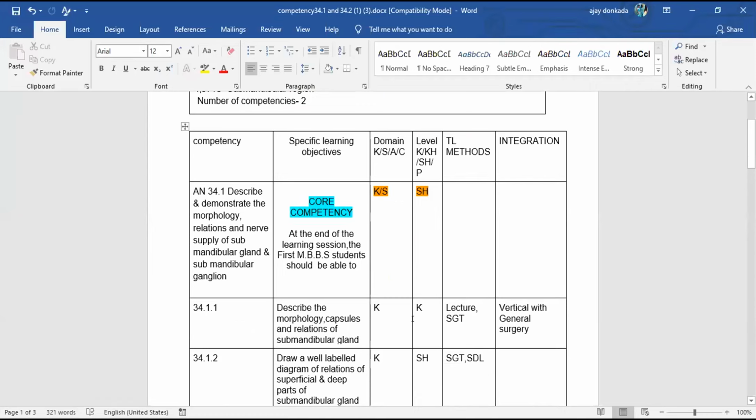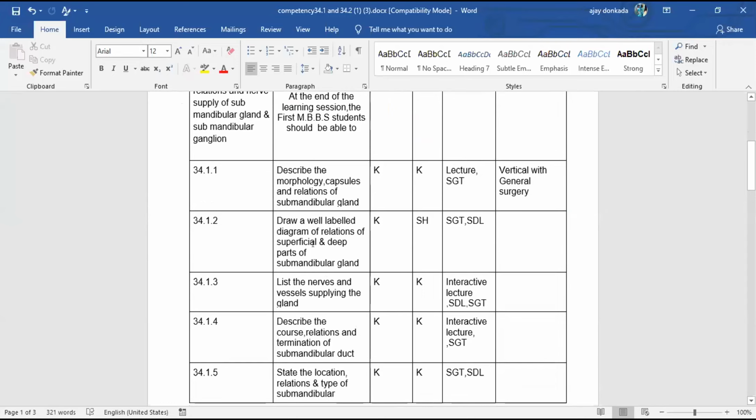And the teaching learning methods would be lecture or small group teaching, and we can have a vertical integration with general surgery department. And the second SLO is draw a well-labeled diagram of the relations of the superficial and deep parts of the submandibular gland. Domain is K, and the level is SH, and the teaching learning methods could be a small group teaching or